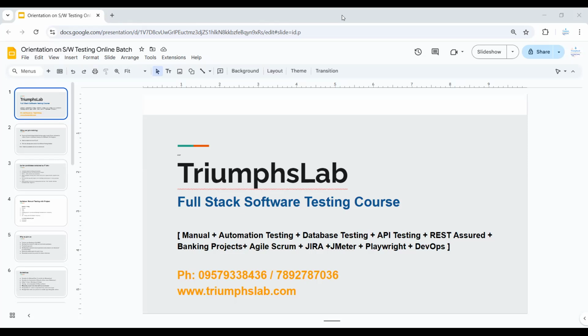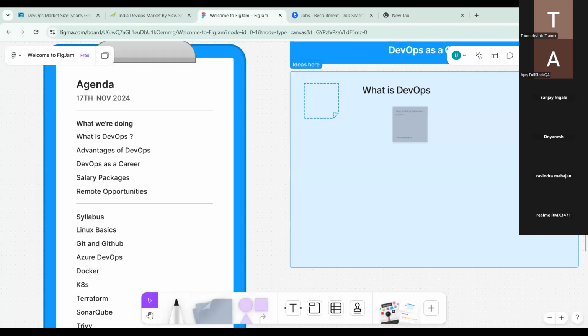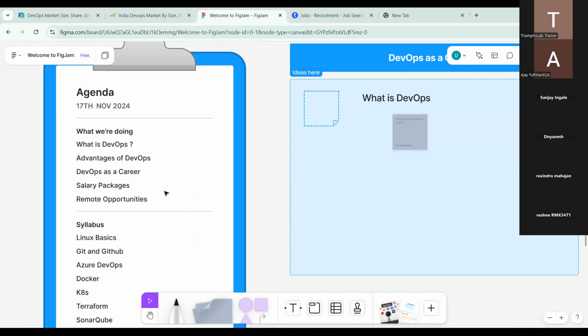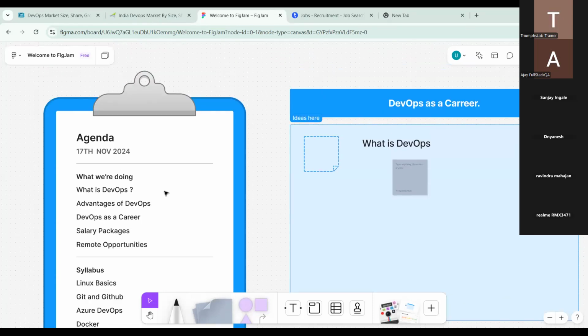I'll just stop sharing my screen. You can share your screen and proceed. Sure. Please confirm my screen is visible to all. Yes. Okay. Thank you, everyone.